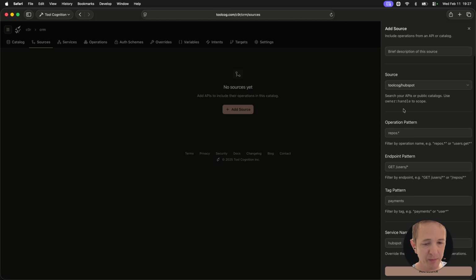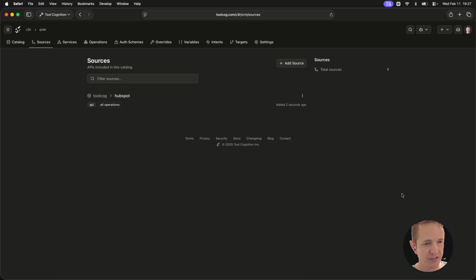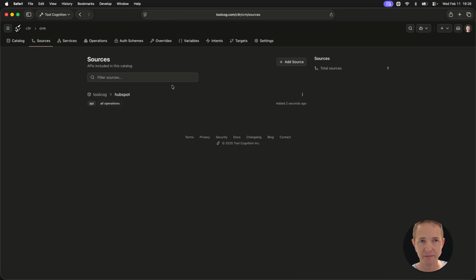We can filter which operations get included if we want to more tightly regulate what our agent will be able to access. We can filter by different tags in the API spec or endpoint paths or operation names. And we can modify the service tag that gets included when multiple APIs get combined together. We have to make sure to disambiguate the operation names. So we've added HubSpot, and let's see,